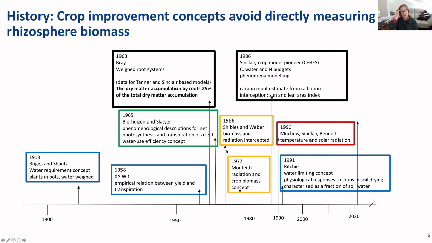And it's interesting to have a bit of a look at the history of where today's concepts in crop improvement come from. And really, they avoid largely the need to directly measure rhizosphere biomass. Here's a timeline from the beginning of the 20th century through into the beginning of the 21st century through to today. And what I really want to highlight to you here is that there have been a few key trends